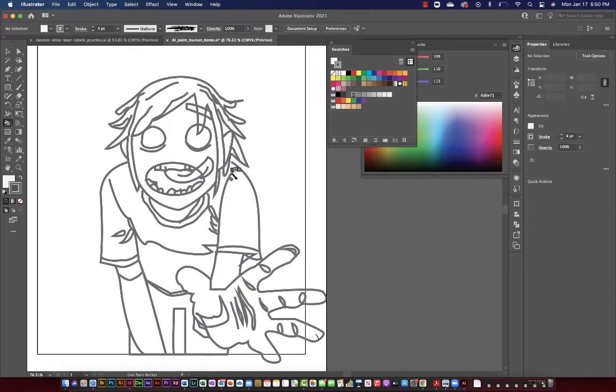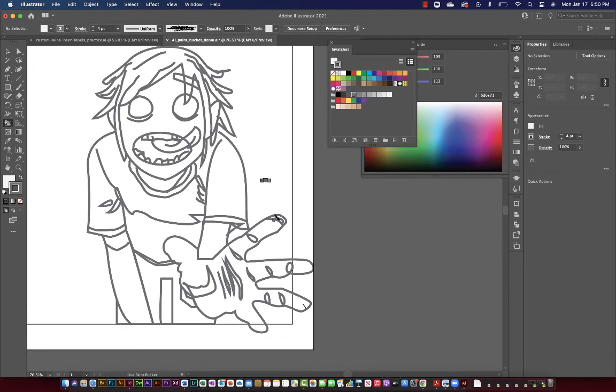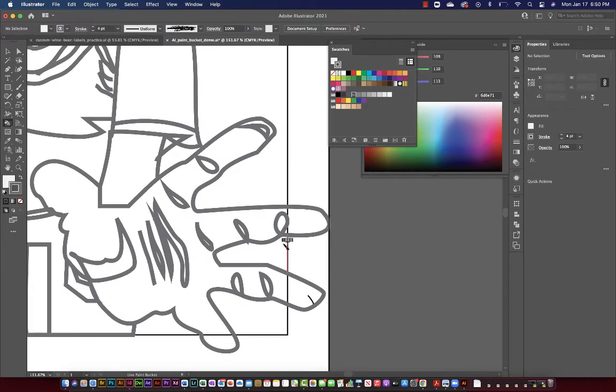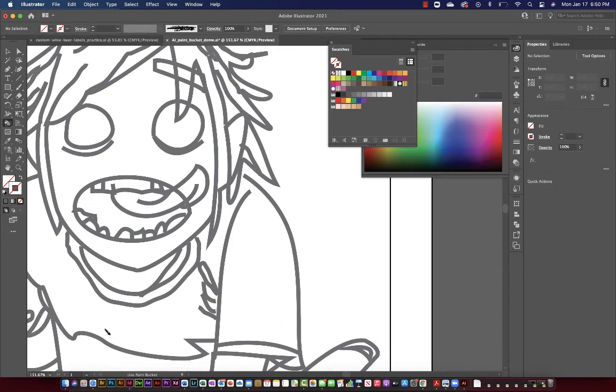All right, but that's essentially what happens. Now, there are going to be some areas where maybe we want to hide the stroke. And so what we can do is, again, making sure that the stroke is forward and that nothing's selected, we can turn our stroke swatch to none. And we could even hide some of these messy strokes that we have in here, like around the frame,